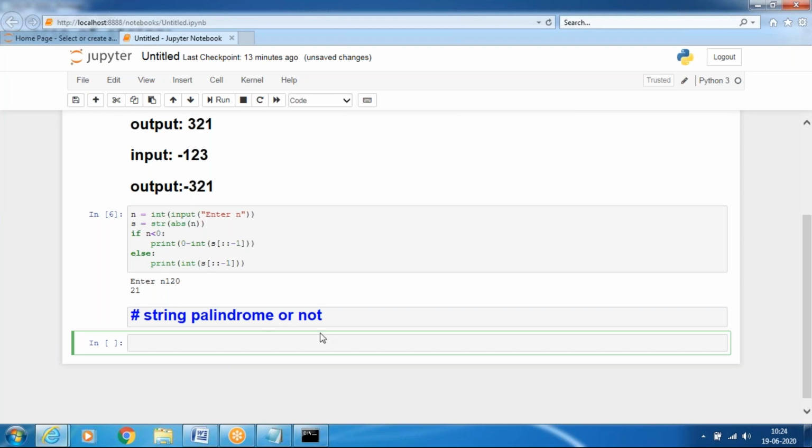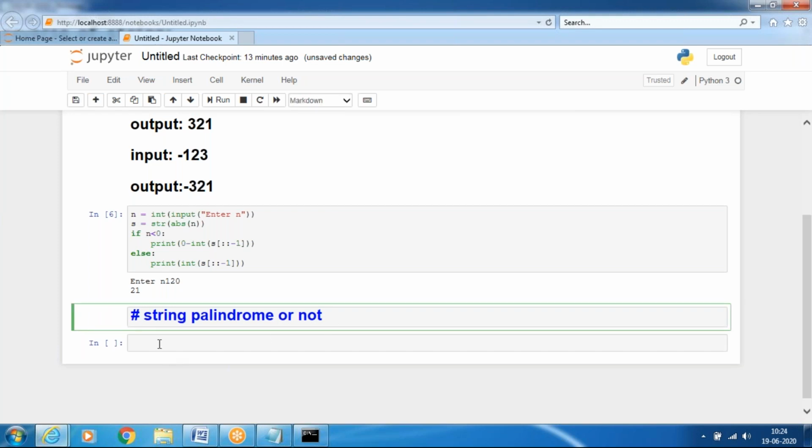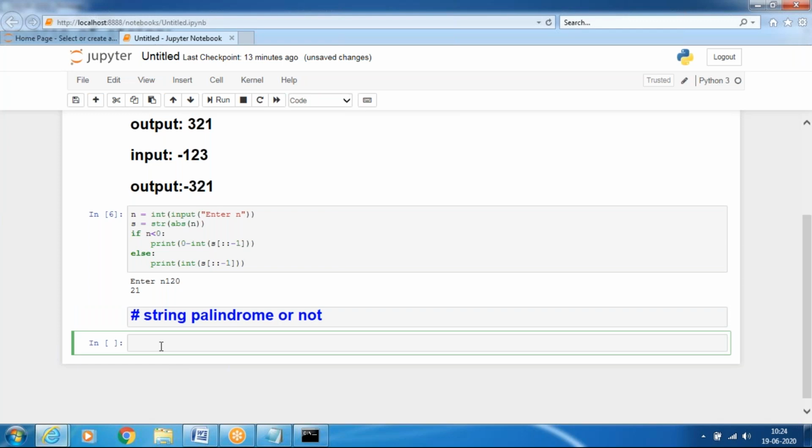First, n equals to input of string, so enter a string.